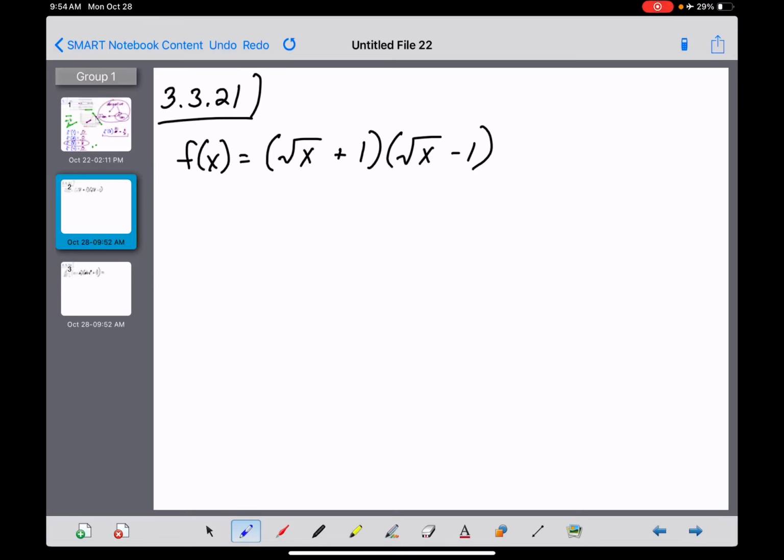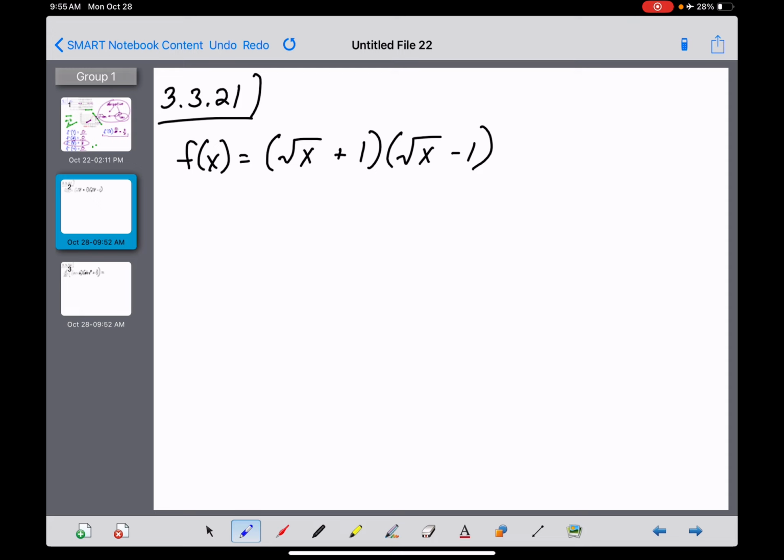Number 21 here in 3.3, the directions here just say to calculate the derivative of this function given to us. I like this problem because there's actually two different ways of doing this that of course should get us the exact same result. So let's do it kind of the normal way here. In section 3.3, we're working on the product rule and the quotient rule, and I think, hopefully clearly, this is